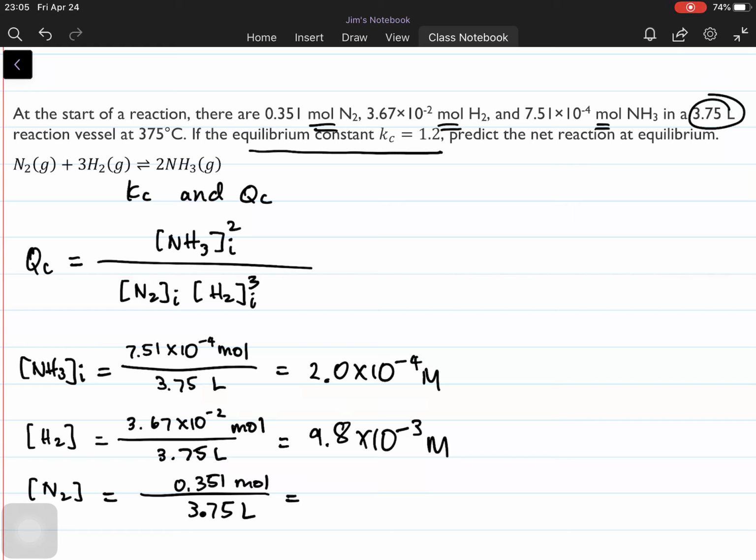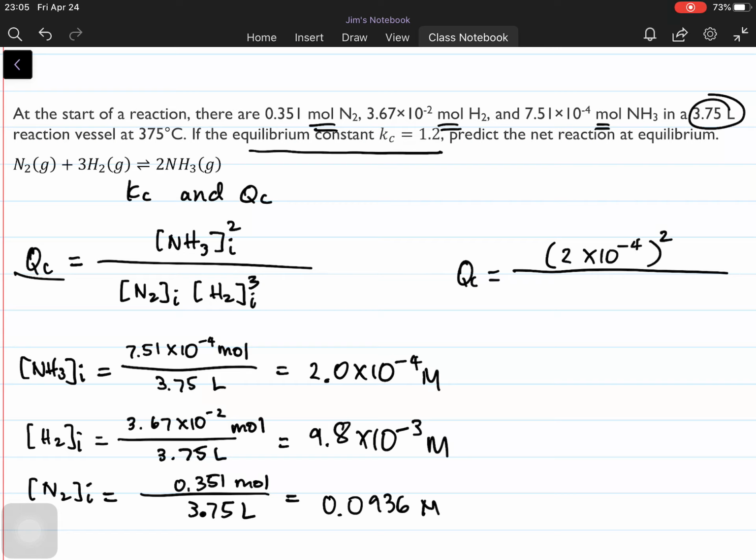For N2, it is 0.0936. So I'm going to copy all the digits. So the following are our initial concentrations. After solving for the initial concentrations, what's next is that we're going to solve for the QC. QC is then equal to the concentration of NH3, 2 times 10 raised to negative 4, squared,